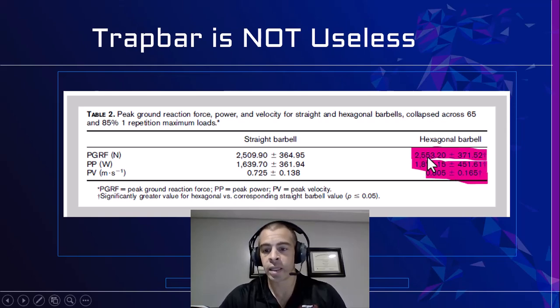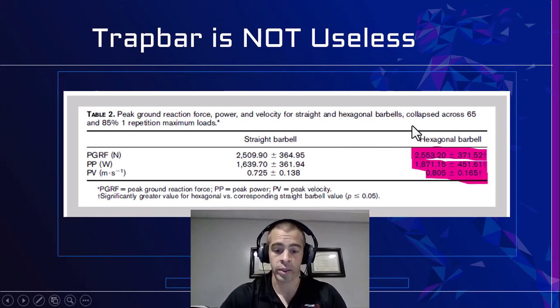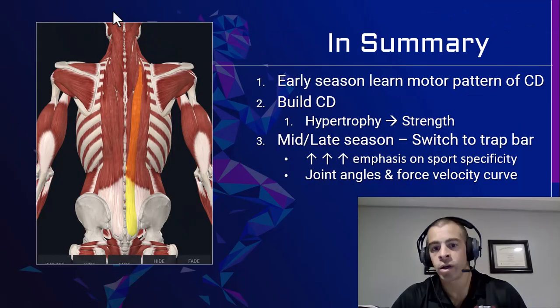Right, what this basically means is we're going to get higher power at the same relative loads. We're going to move the barbell faster at the same relative loads. So we're going to essentially extend at the knee joint and extend at the hip joint significantly faster than using a conventional deadlift. And in my opinion, this matters to a great degree for sprint performance. So to wrap this up,